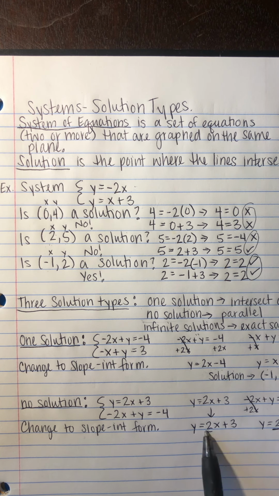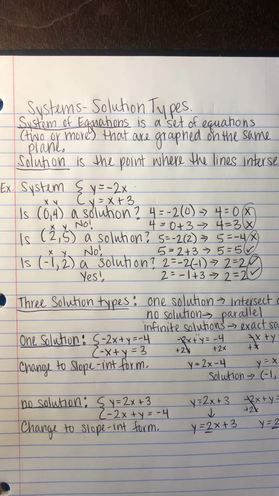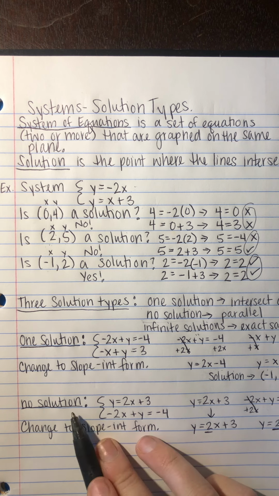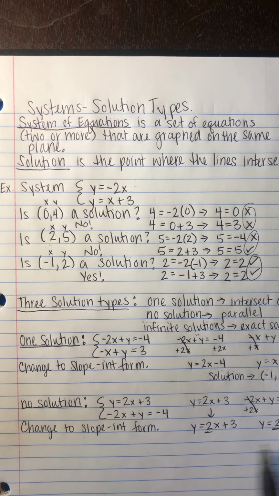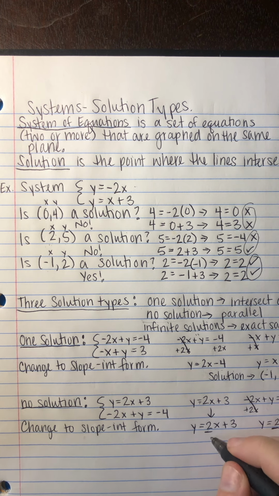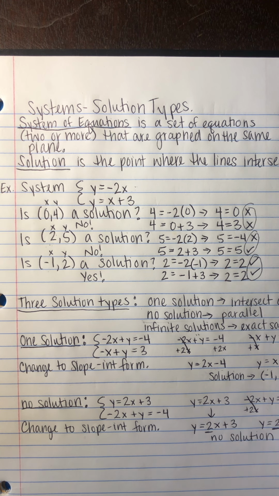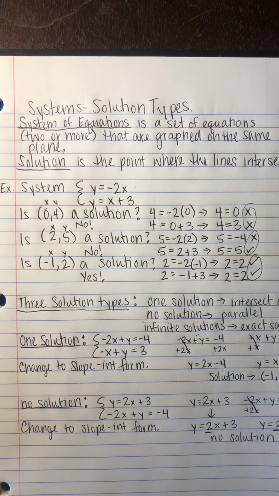So these two do have the same slope but different y-intercepts, which tells us that they are just parallel, not the exact same line. All right, so if we were to graph these two, we would be looking for a solution, but again, because there's no solution, they don't cross, we don't have an answer here other than the answer, no solution. And if you graph these two on Desmos, you'll see that they do create those parallel lines,